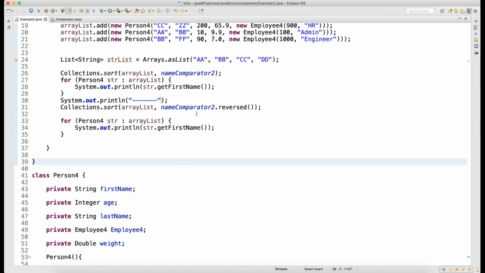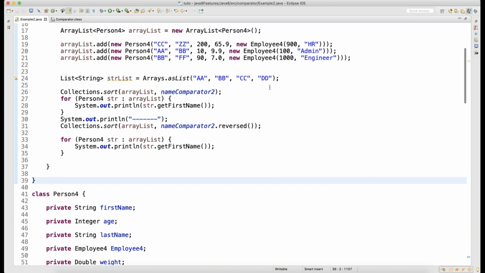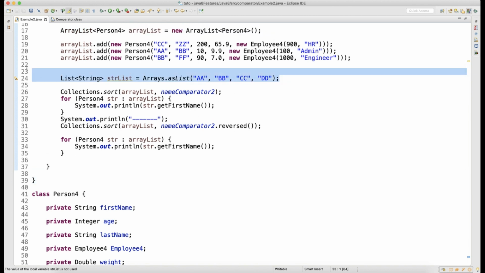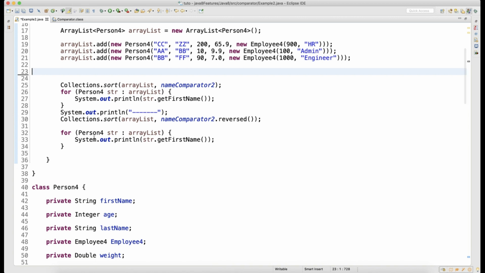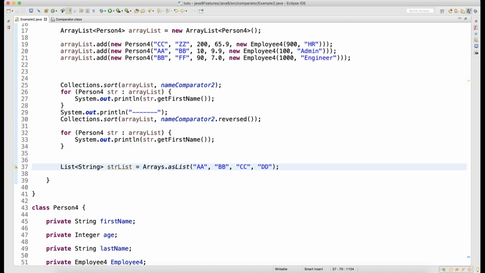So this is one method. The second method we have here is, let's say you have a list of data of type Comparable. In your list, either you have a String data type or instance like Integer, Double, Float, Boolean. So Comparator has one static method.